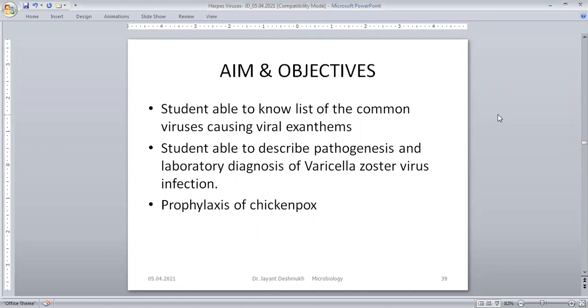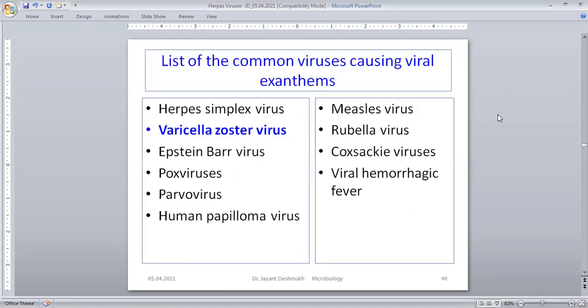Aim and objectives: the student should be able to list the common viruses causing viral exanthemas. Students should be able to describe the pathogenesis and laboratory diagnosis of varicella zoster virus infection and the prophylaxis of chickenpox. List of the common viruses causing viral exanthemas: